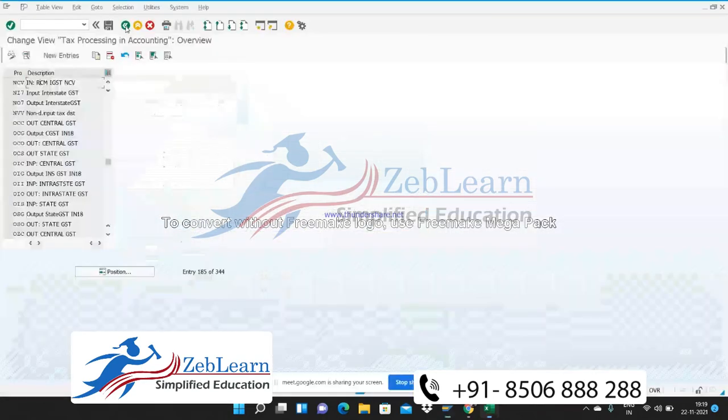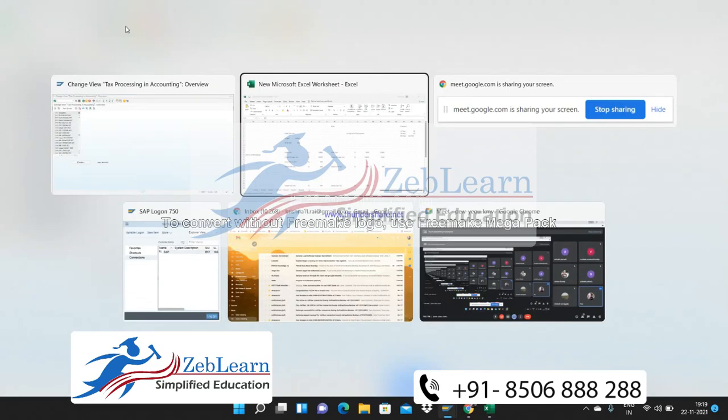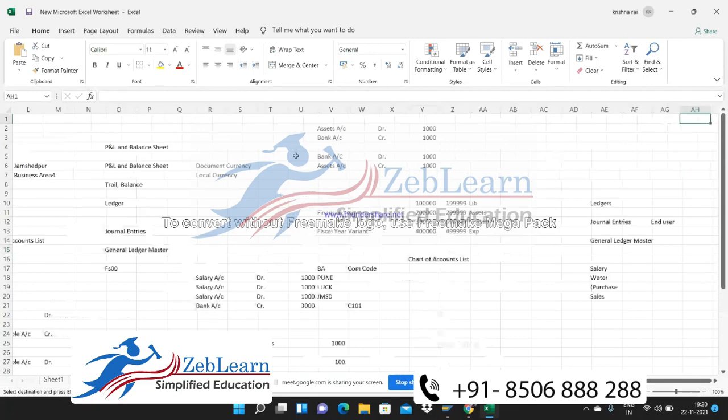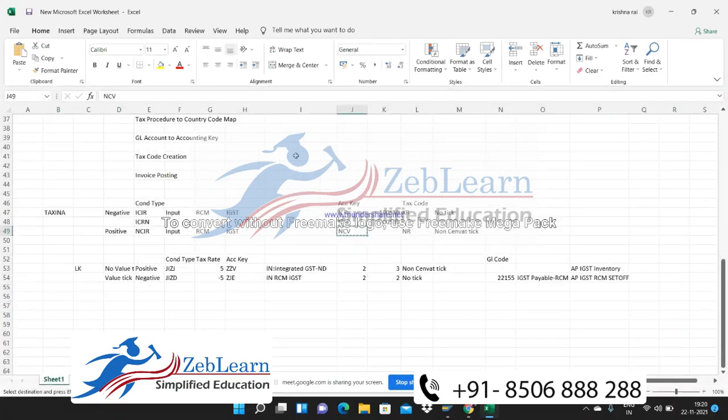Okay, and then after that, what is going to happen? Just a minute. So in this case, we have attached the GL account, which is the liability. So a liability account line item will be created by the system, and in this scenario, all the GST amount will be added to your expense, and the expense GL can be anything. It can be freight, consultancy, insurance, agency payment, it can be anything. Any GL could be there for the expense account.